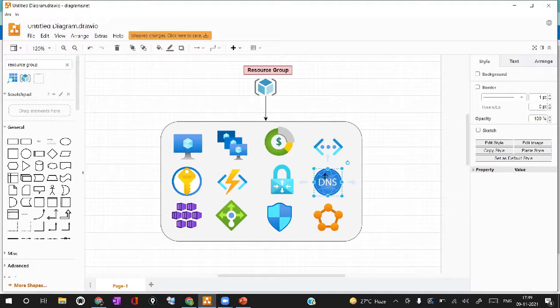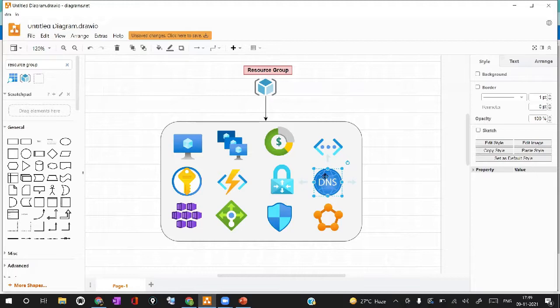So what is the use of resource group then? Resource group is not only used for grouping the resources, it helps us to differentiate the environments. Say, for example, you have an environment called dev, you have an environment called prod, you have an environment called pre-prod. You will be able to differentiate among your resources by grouping the dev resources in one resource group, by grouping prod resources in one resource group, by grouping non-prod resources in another resource group. So you will have an easy identification.